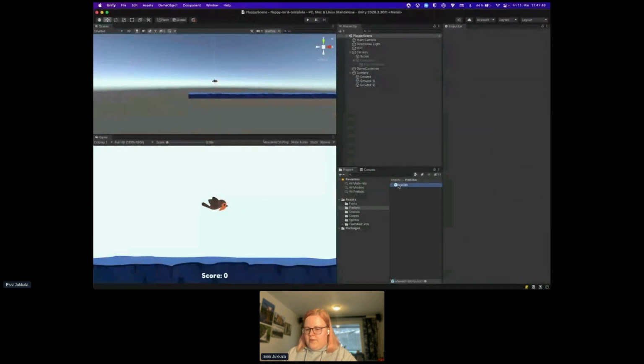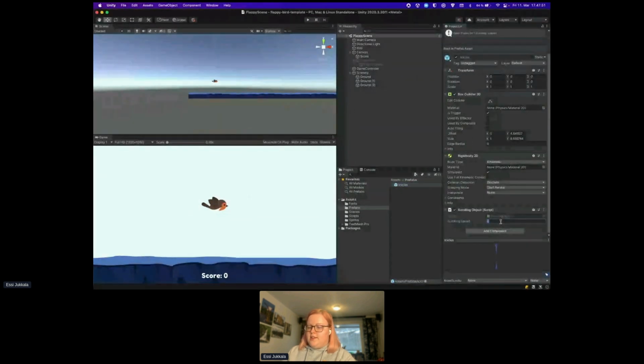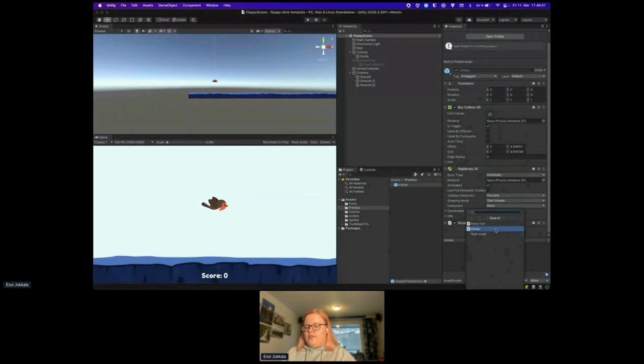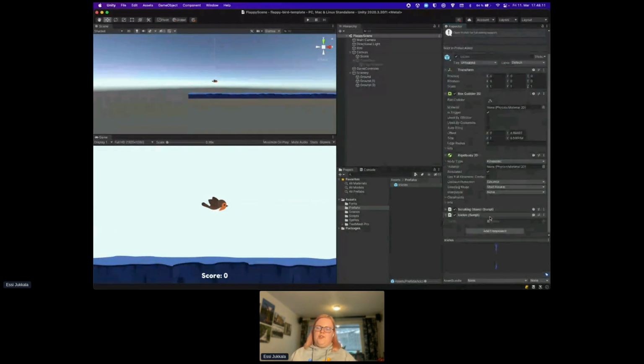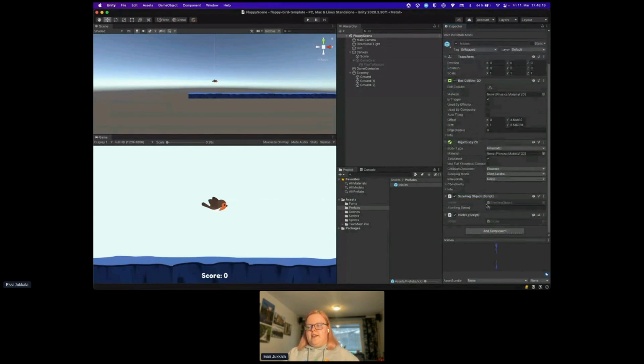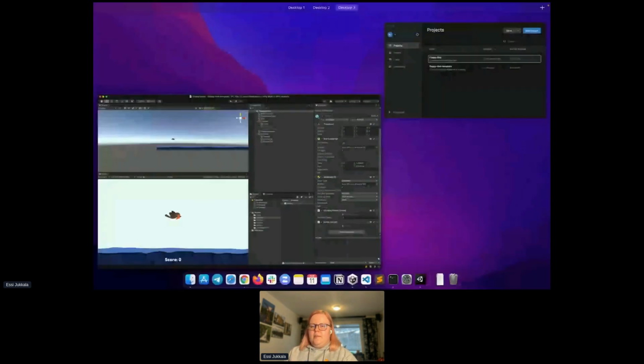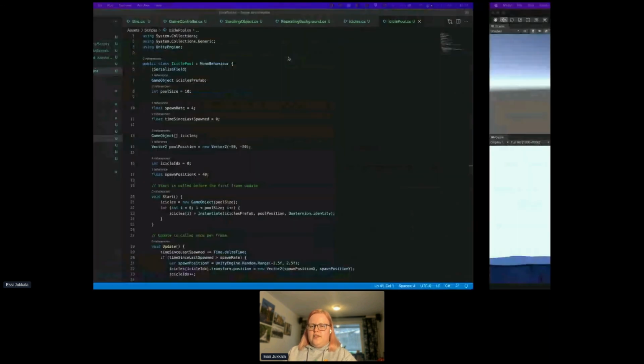So my Icicles prefab has a scrolling object thing. It doesn't have a speed as found there. Someone asked if it's the missing callback. Not yet. We are not using that yet, but we will. Oh no, I will need to add it, because we were not using it yet due to the fact that I forgot to add the Icicle script here. But soon we will run into problems if we don't set the callback, and that's exactly what we're gonna do next. But let's do that first, and then let's see